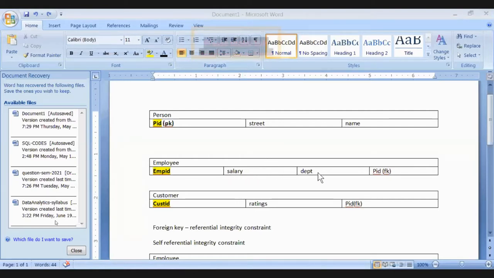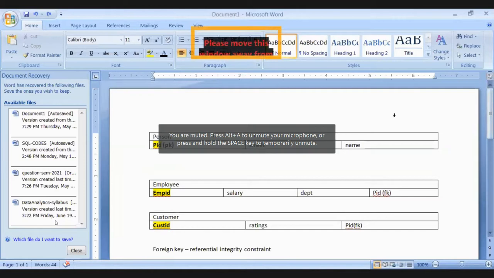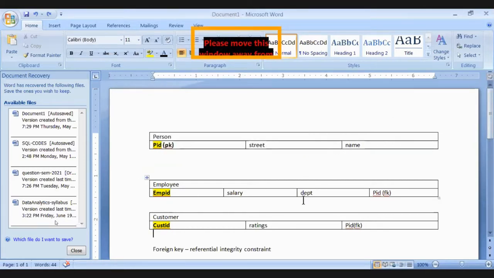If I have the record in the child table, then I cannot delete that particular corresponding value from the parent table. The deletion constraint is applied on the parent table.